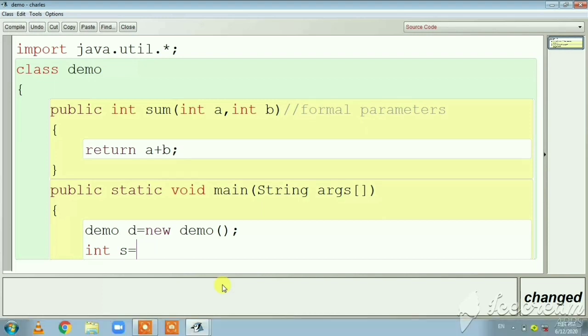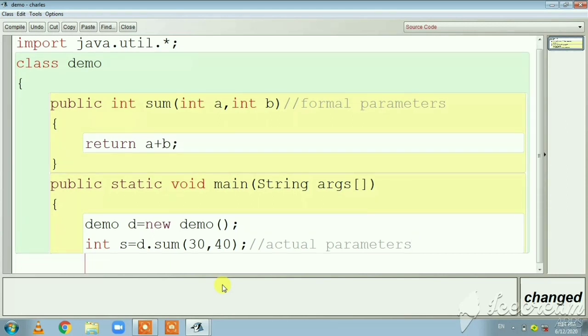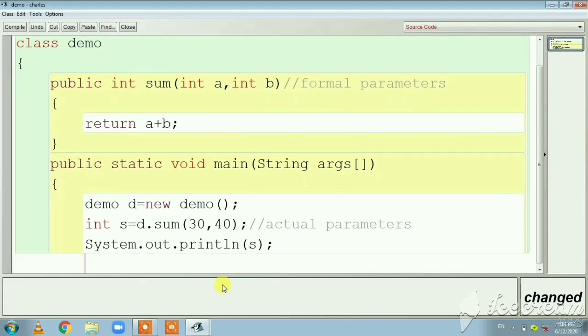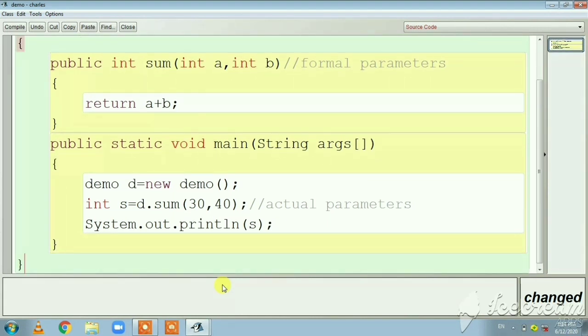My user defined function is sum. I am going to call that function through the object, so my object name is d, so d.sum of 30, 40. These two values are called actual parameters because I am declaring these parameters in a function call. That's why they are called actual parameters. Now I am going to print the result, System.out.println. Now I am closing the main method and I am closing the class.